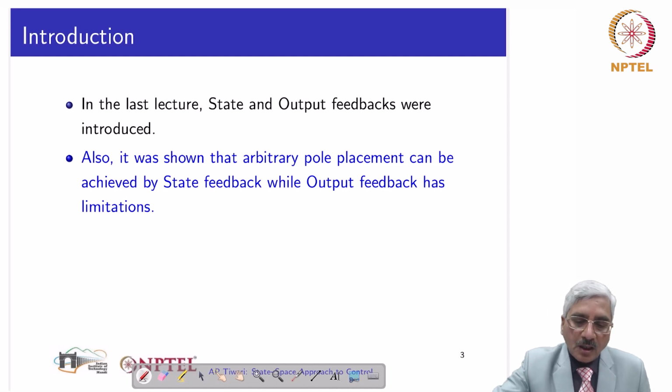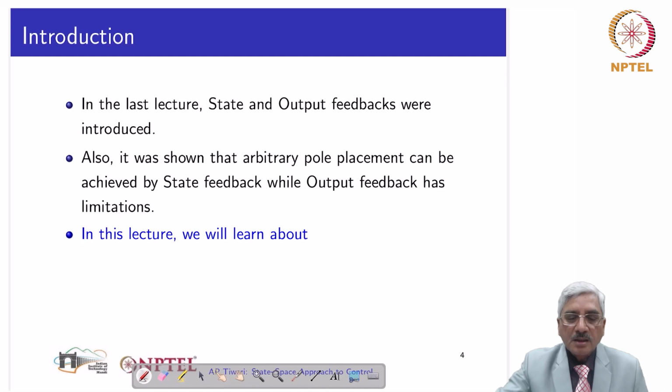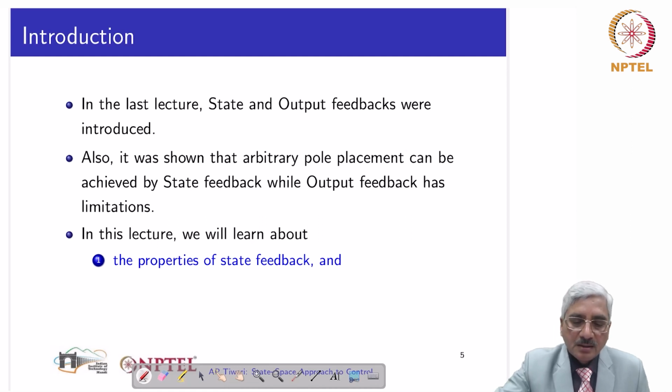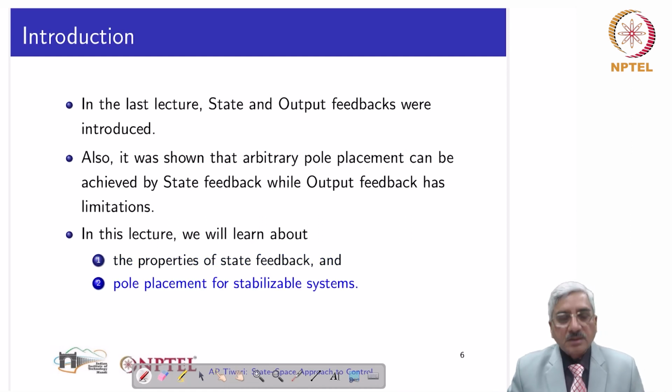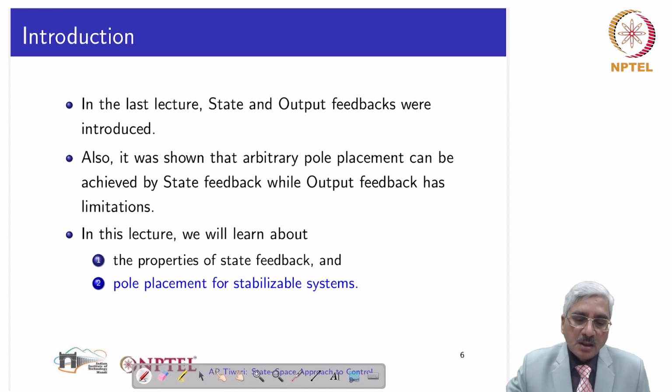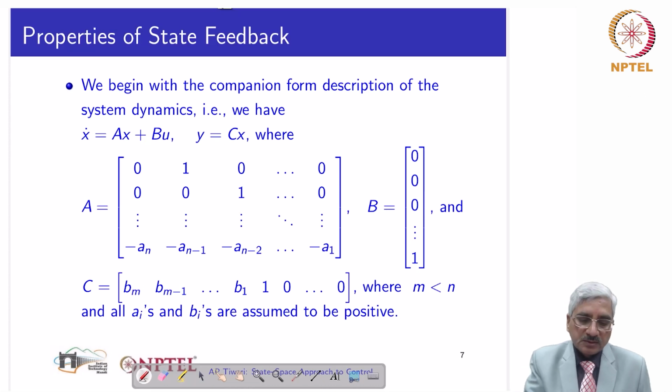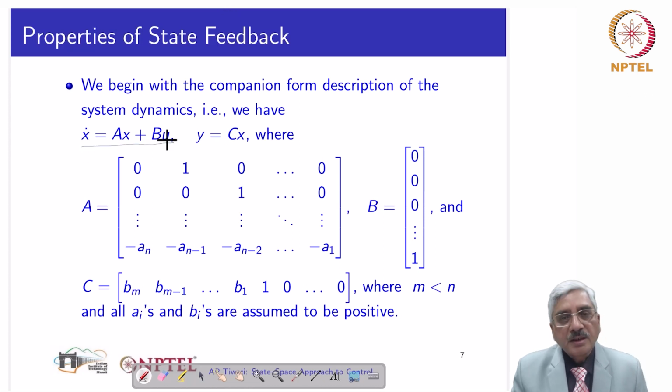We continue, and here the objective of the lesson is to learn the properties of state feedback, and also we'll see the pole placement for uncontrollable but stabilizable systems. So first we look at the properties of the state feedback, and we begin with the companion form description of the system dynamics. The system is x dot equal to Ax plus Bu